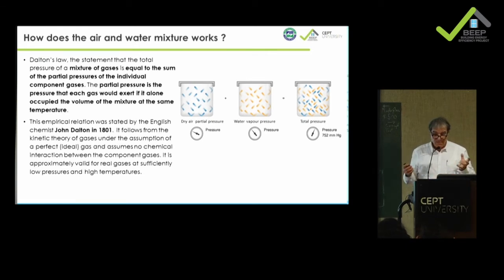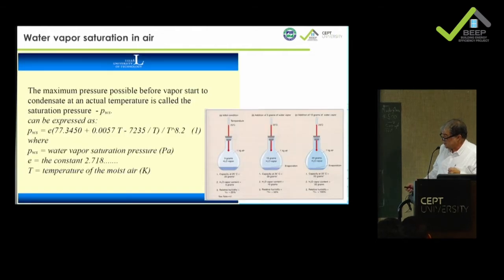But at some point, when the vapor becomes too dense in the air, then it starts condensing. And that's where you have what is called the saturation of water vapor in air. So typically there are some expressions which have been calculated. It was measured first, but then some expressions show that, for instance, if you have 5 grams of air at 25 degrees, you could calculate and measure that you have about 20 grams if you add 20 grams of water,